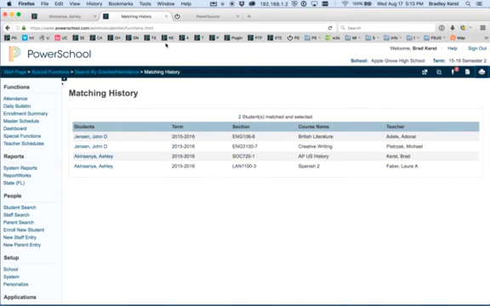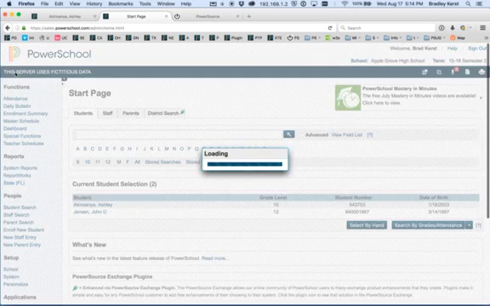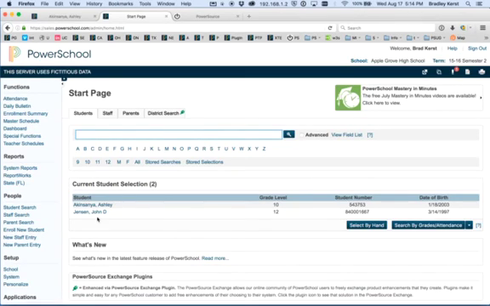So let's go back over to the administrative portal. Again, that same list. So if I go back to the start screen, now since I've done that search, my current selection are just those two students. So I may want to begin working with those two students that do have low grades. So that's a simple workflow that we have in PowerSchool. You can see how that would expand to other areas. That idea of finding a group of students and then deciding what to do with them is really core within